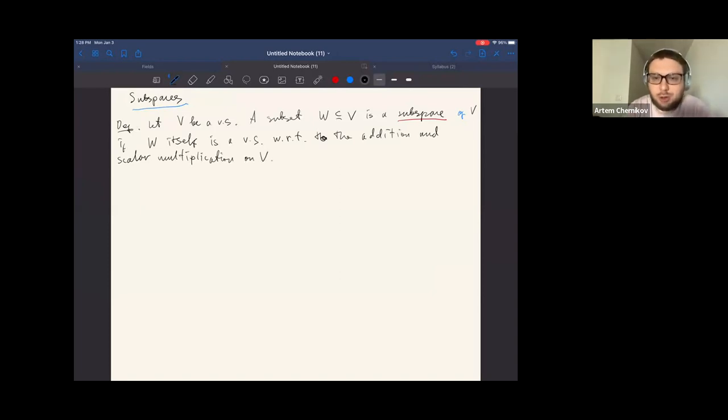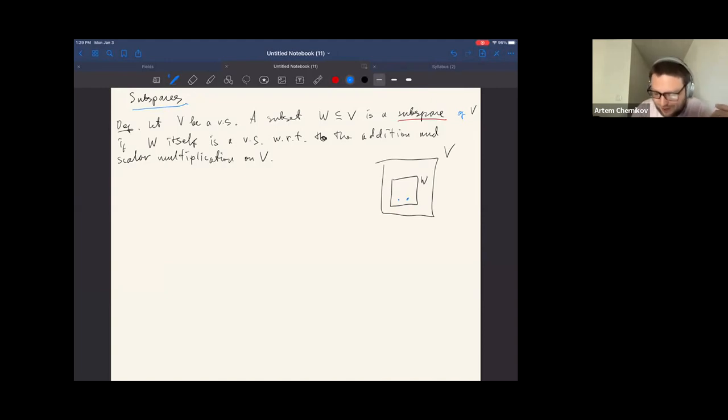Okay, so again, what do I mean by this? Let's recall, we assume we're given this vector space V, and we're given some subset W. What we mean for W to be itself a subspace, to be itself a vector space with respect to the same operations that we were given on V, is simply that it satisfies all the 9 axioms that we listed. If now I look at this W, and I am given 2 elements of W, in particular elements of V, of course,